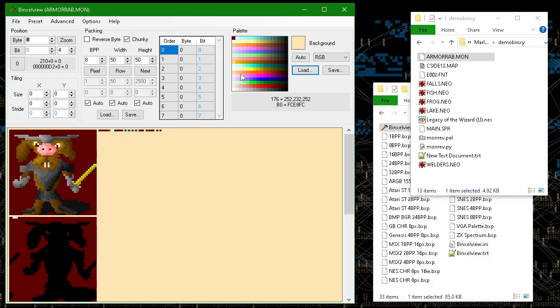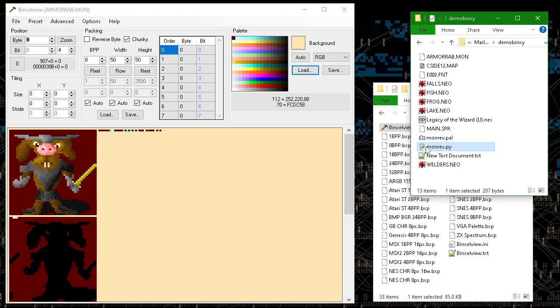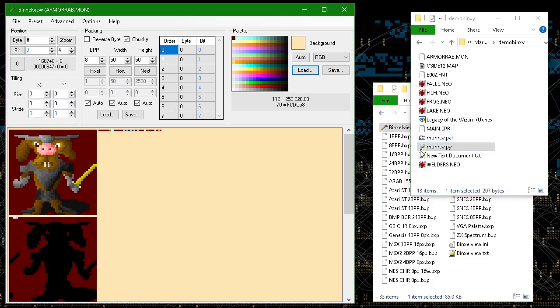If you can display the palette as pixels in this view, you can right click on it and copy it to the palette, which might be convenient. Often I write a Python script. In this case, I did write a Python script to help me extract the palette a few minutes ago. But there it is. There's the basic image.